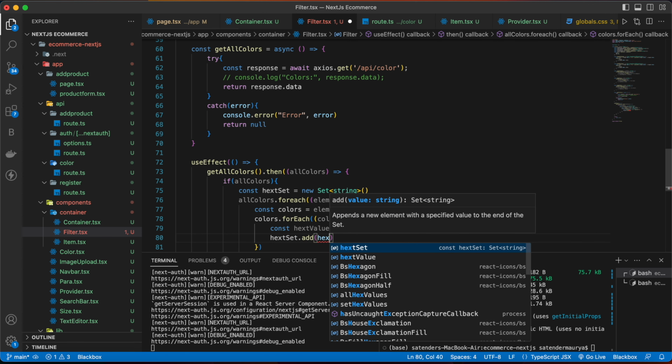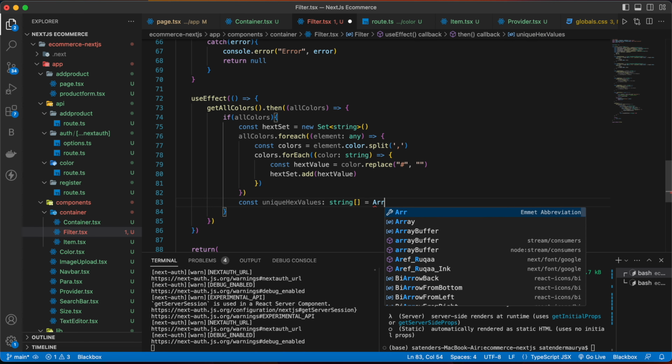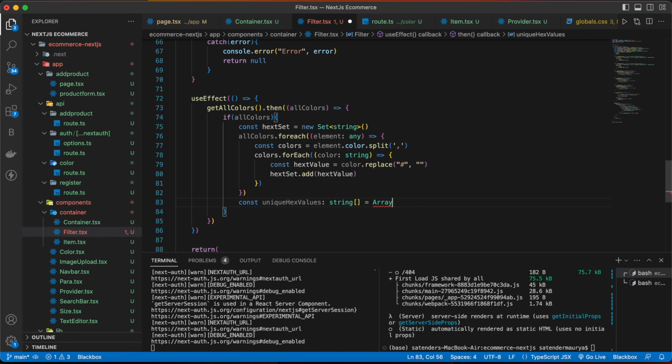Unique hex values, which will be a type of string array, is equal to Array dot from hex set, and then we are going to set the hex values to unique hex values.